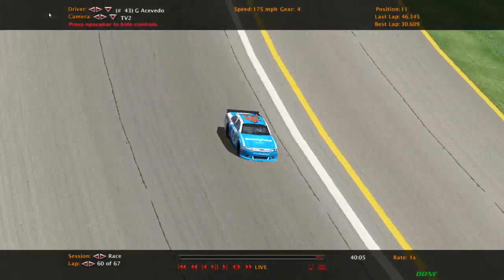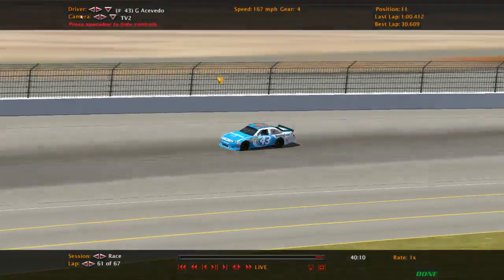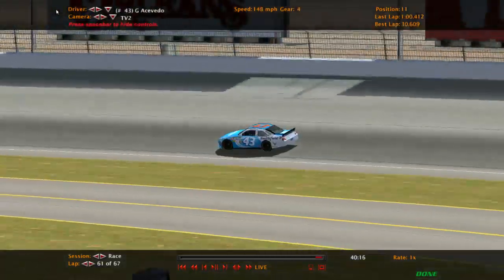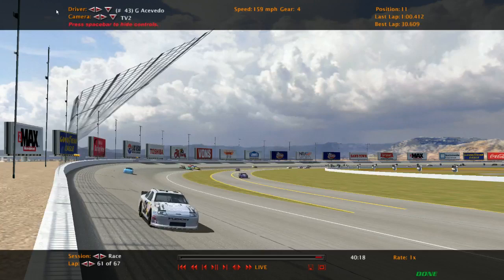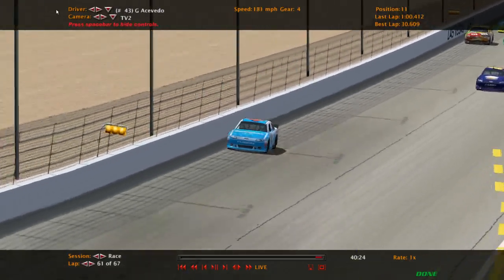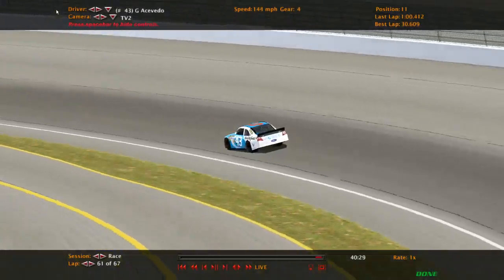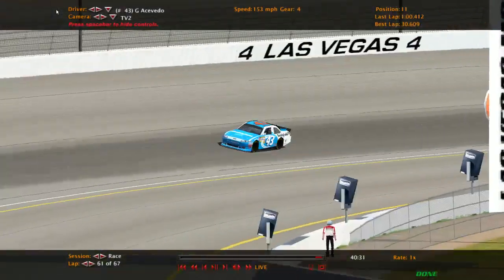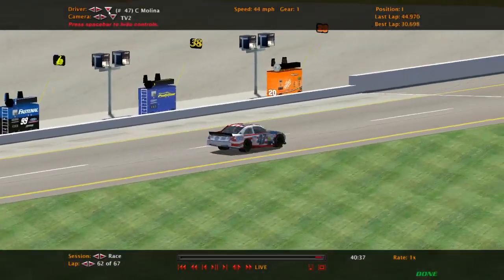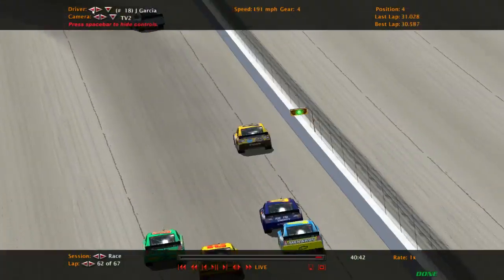Take a look at where Grayson Acevedo ended up on track. I think Grayson actually has a pretty good strategy here for himself. Could this be the day Grayson pulls it together? See a lot of guys he's been racing stuck in a pack back there. Could this be Grayson's day? I do think Christian Molina is just now coming off pit road, so